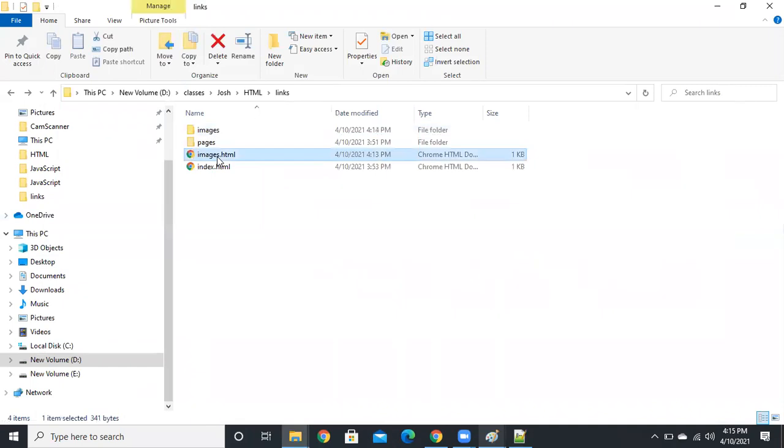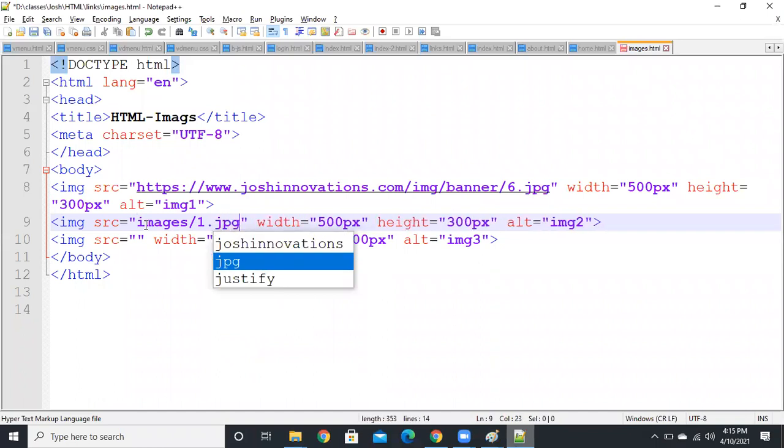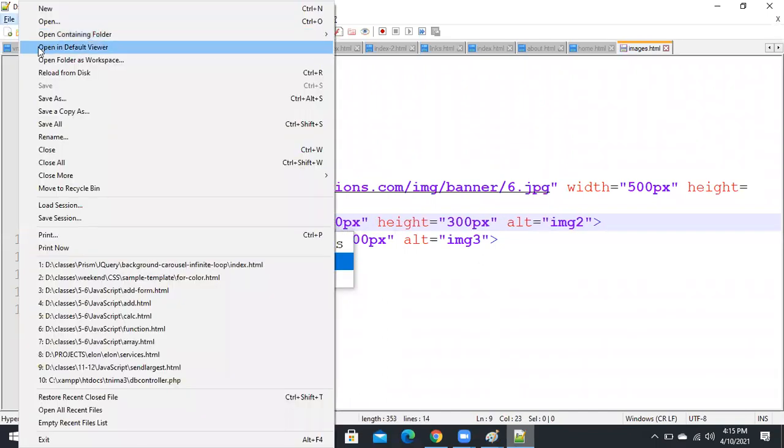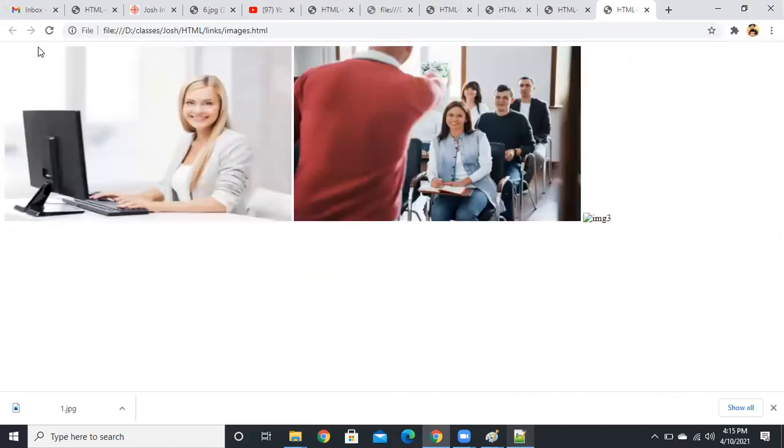This is your file. You need images slash 1. I'm asking you, is it in the links folder or in the images folder? So images slash 1 dot jpg. Then you will get the image. Okay, and next, suppose I'm adding one more image.